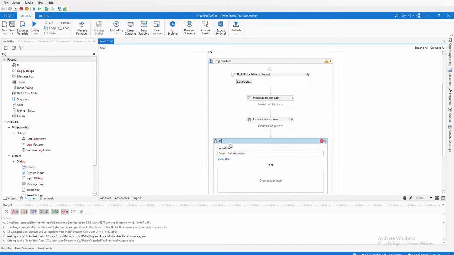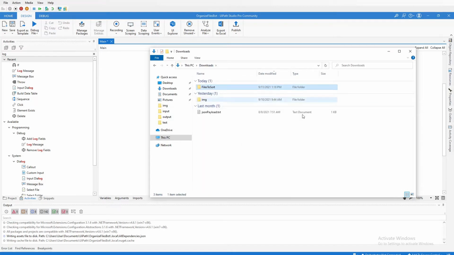Let's call it destination folder. If it does not exist, we will create it. Not directory exists, and here I will use